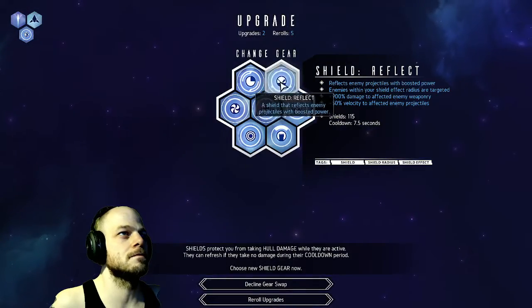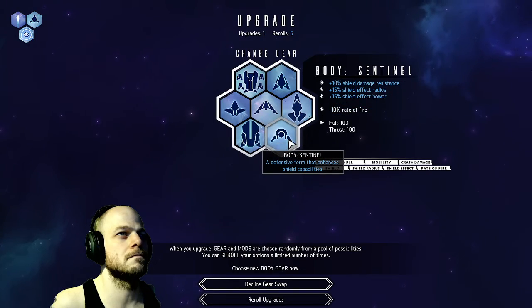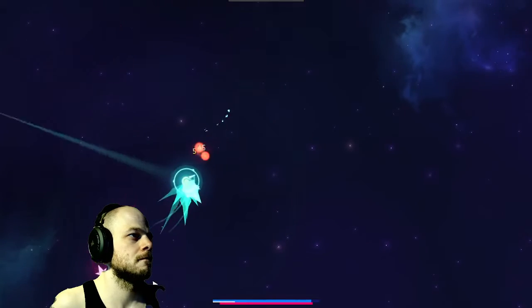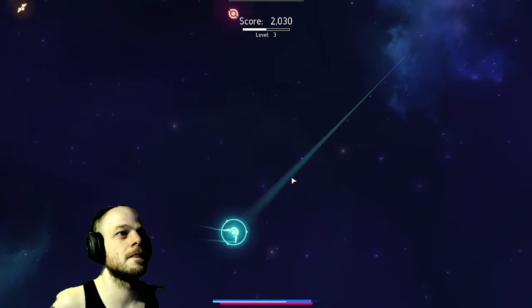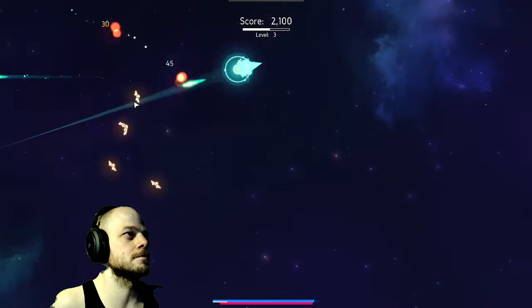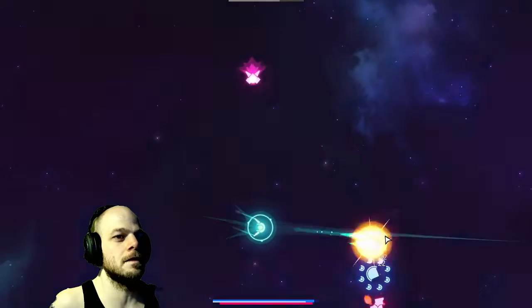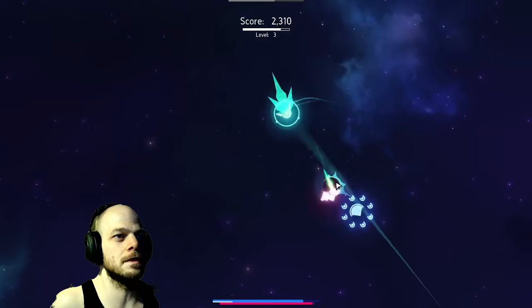Let's see, reflect, and let's go for Sentinel. Why not? Sentinel is a defensive option, so it's fine. Generally speaking, damage is never the issue, unless you get to the really high waves. Not that I know if I've been there, because my highest score is only 400,000 something, but...